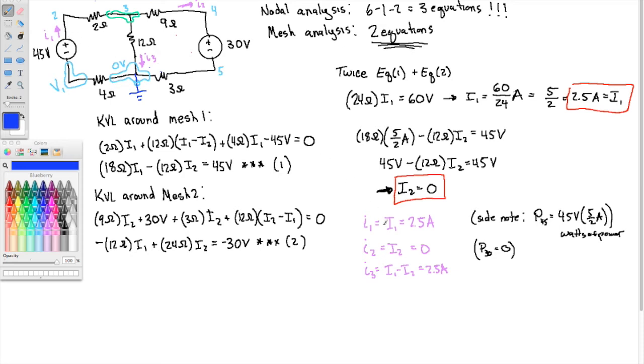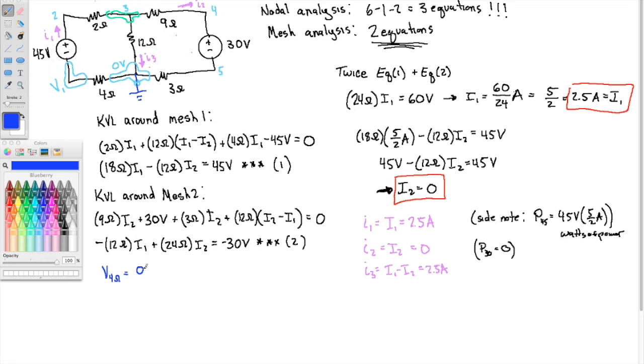Notice, again, that branch current I1 is 2.5 amps. So that 2.5 amps is coming this way, from the reference node to V1, 2.5 amps, and then up, 2.5 amps. So the voltage across the 4 ohm resistor, from right to left, in the direction of I1, is